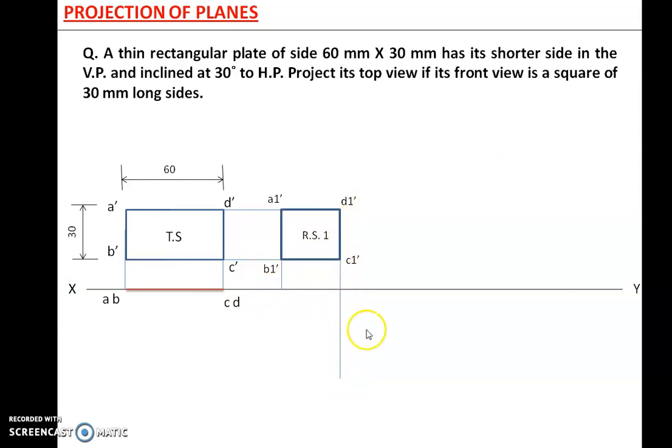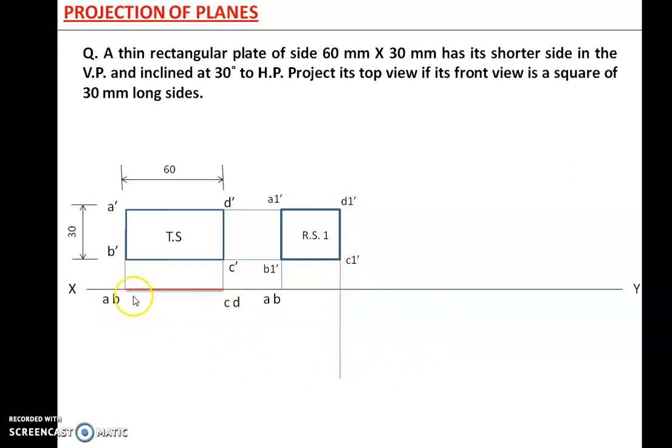To find the inclination, first project A1 dash, B1 dash on the XY line and D1 dash, C1 dash below the XY line. Okay, so why do we have to project it? Because we have to keep the shorter side AB on XY. That's why we will stop this projector here only. So this point here will be the AB point, so let us mark that AB. Now on this projector CD will lie.